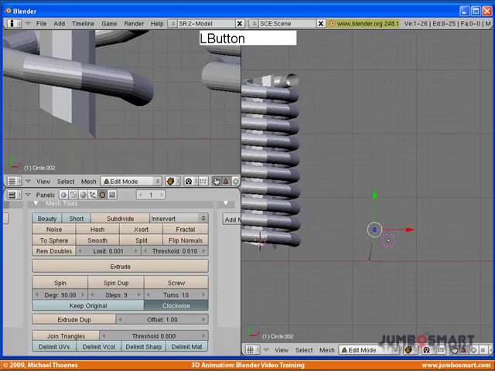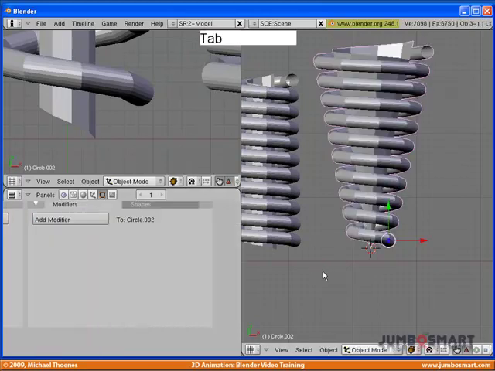Okay, now I'm going to tweak the angle of the line and also the length of the line. Okay, and I'm going to set my 3D cursor right there at the base of this segment, and we'll again press screw, and we sort of have a conical